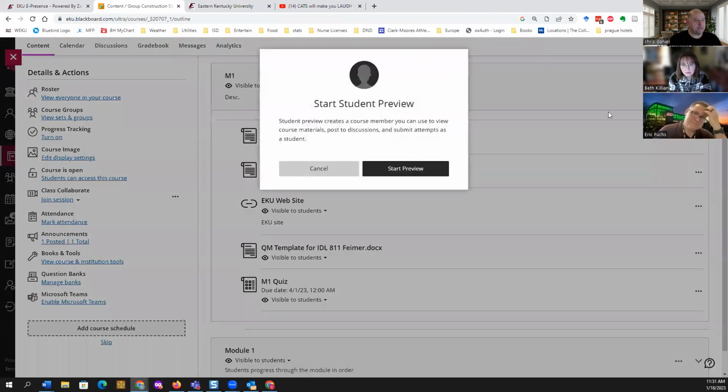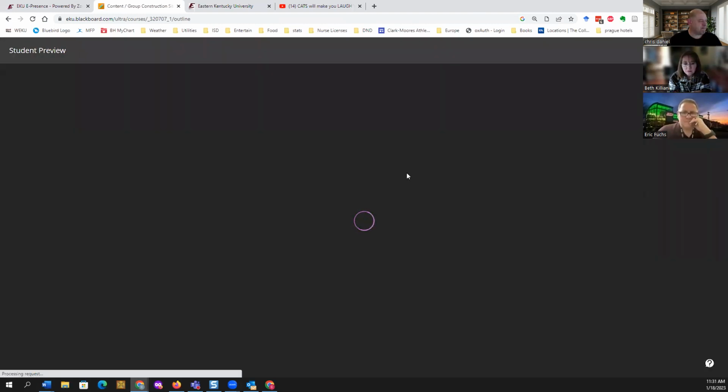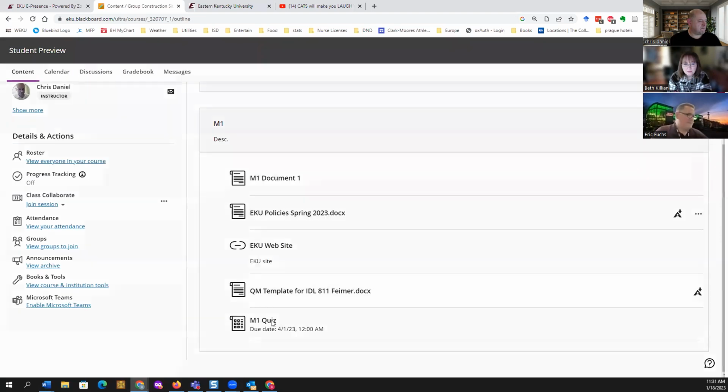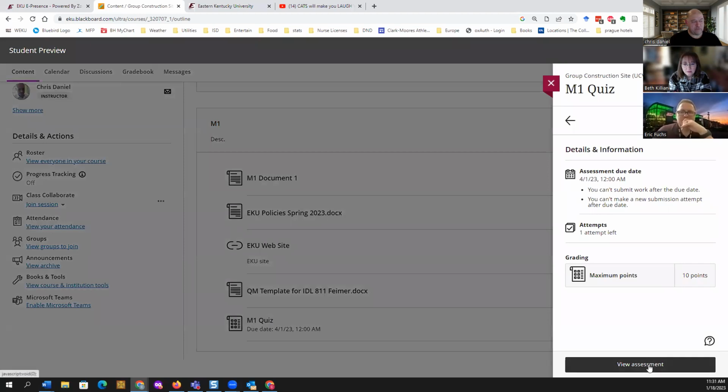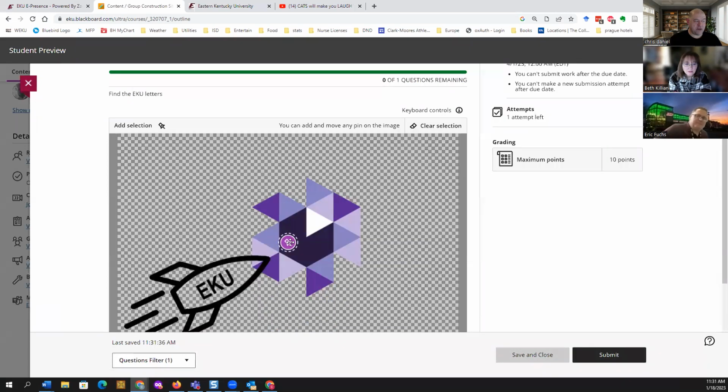If I preview it as a student user, I'm going to view assessment. I'm going to click this pin. That brings the pin on the screen. Now I just drag the pin over to the EKU where I drew that box, where that hotspot box was sized and placed by me.